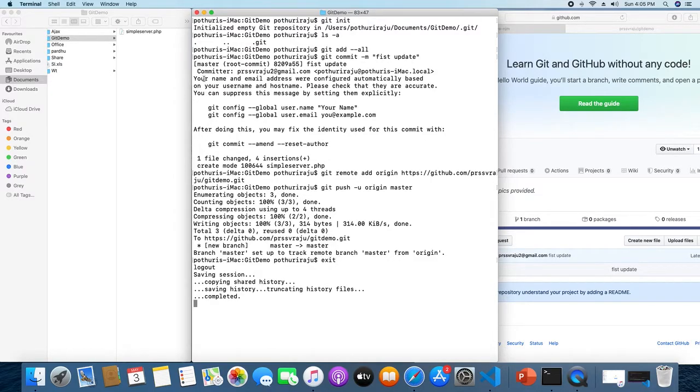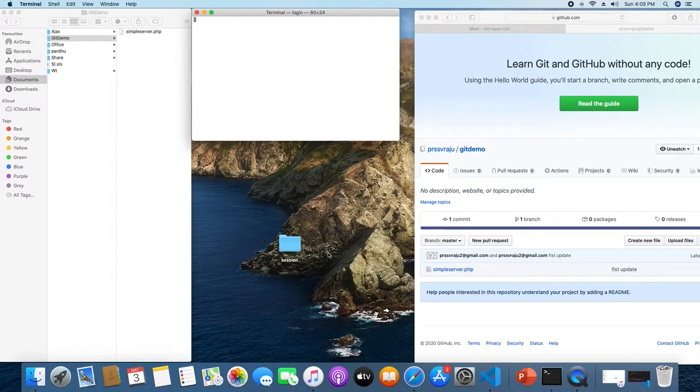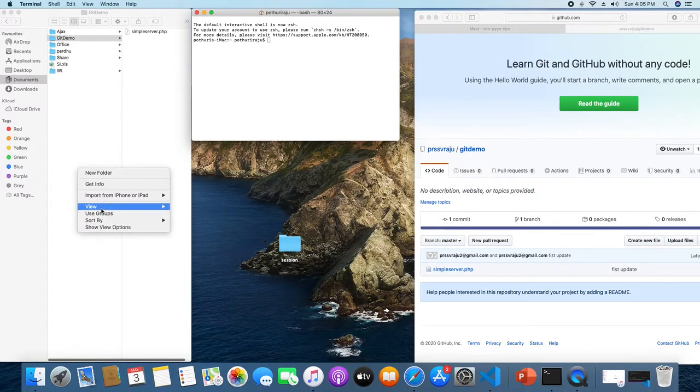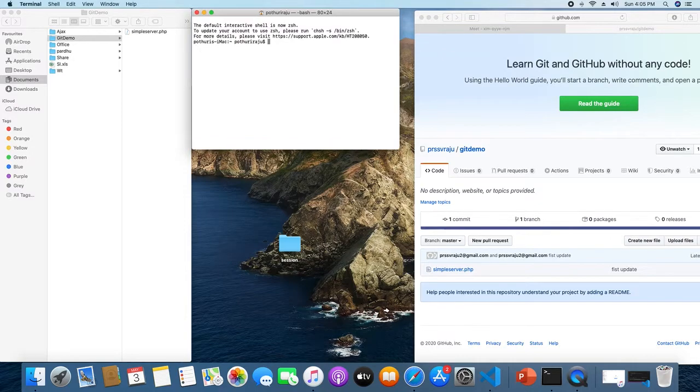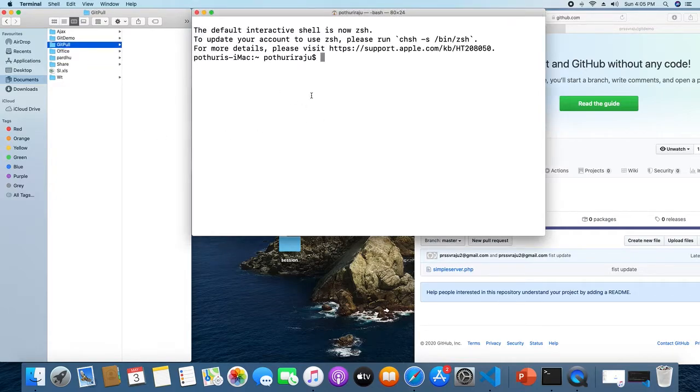Now I terminated from my command prompt, and if you want to pull the things again, I want to pull for that. Okay. For pulling the things, I am going to create one more directory like git pull. Okay, what I need to have. So again, currently I am checking where I am lying in my user location. So I am going to go to documents, and again I am going to go to git pull,